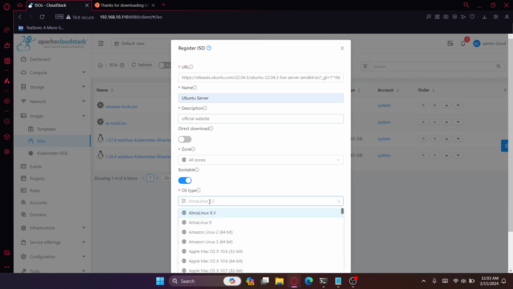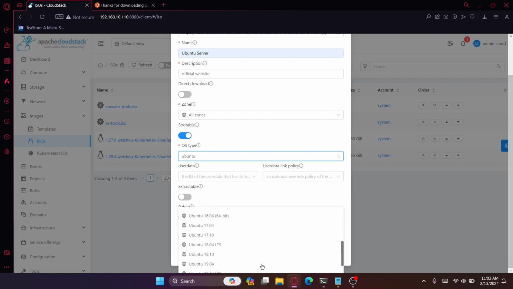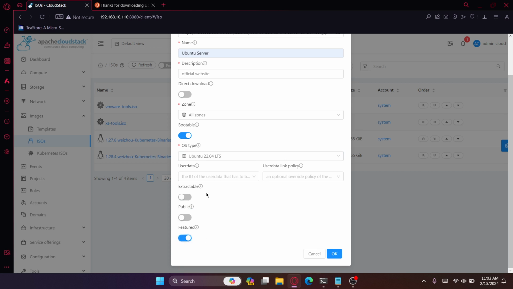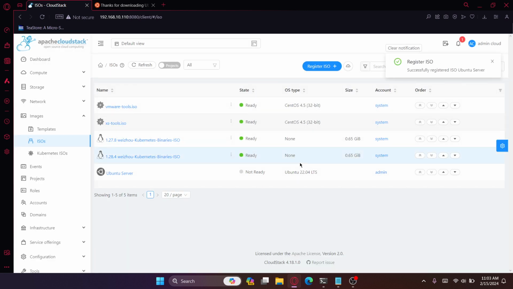Change the OS type and we enable the feature. All of these are optional, but I recommend enable the feature. And then select OK. Register ISO, successfully registered. And then we can see the state is still not ready.